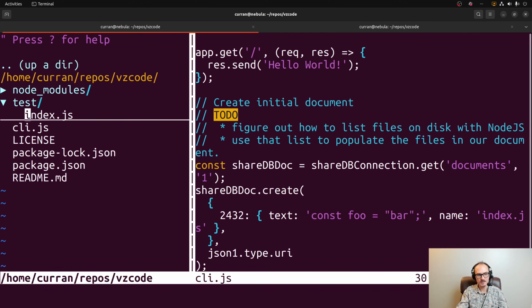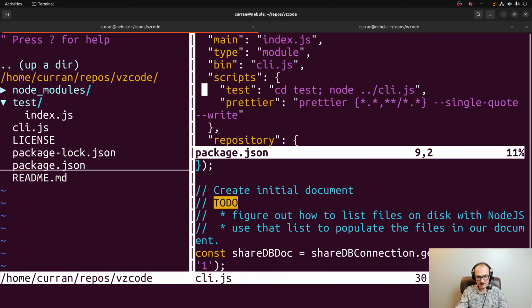So we should see a sidebar with index.js because that's here in the test directory. And when we run npm test, it does cd test and then starts our server. So based on the current working directory of our server, we should do essentially like an ls Unix command, but with Node.js, and then get that list. And that list will populate